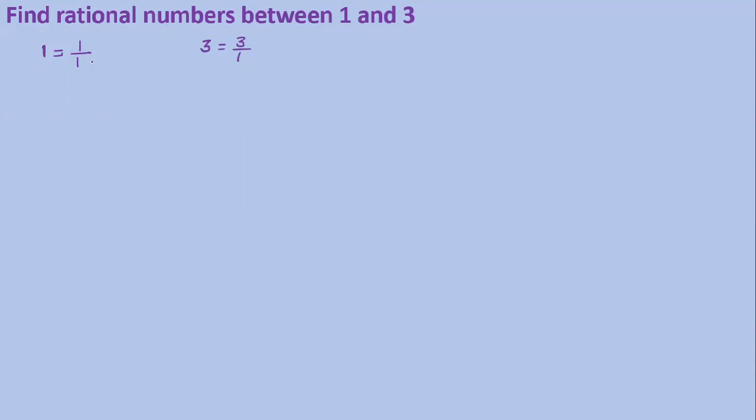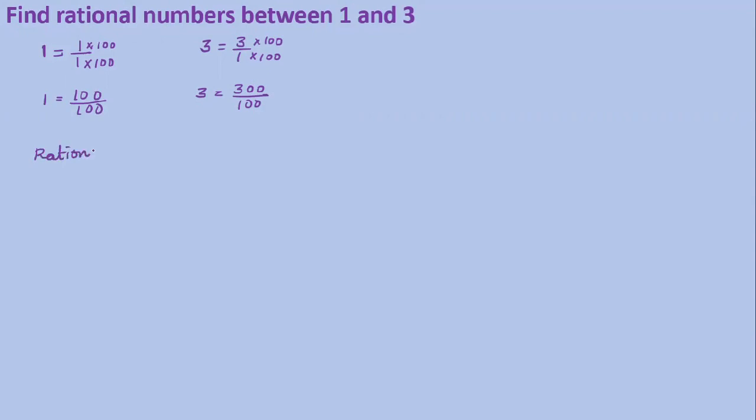All integers are rational numbers. Now, can we write a rational number between 1 by 1 and 3 by 1? We can write 2 by 1. So, I will multiply both numerator and denominator by 100. So that becomes 100 by 100. 100 by 100 is also equal to 1. So there is no difference in writing 100 by 100 and 1. So 3 we can write as 300 by 100.